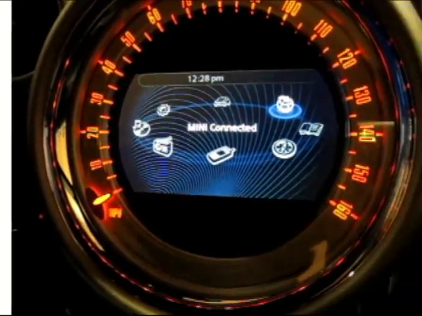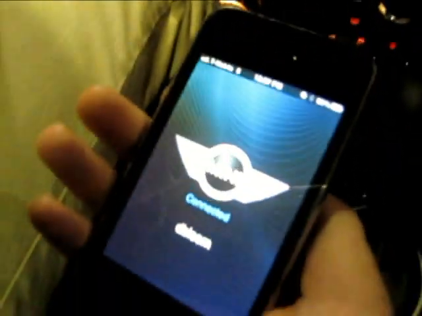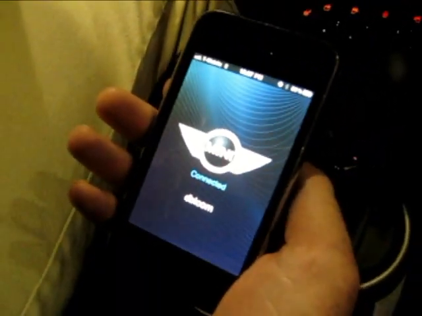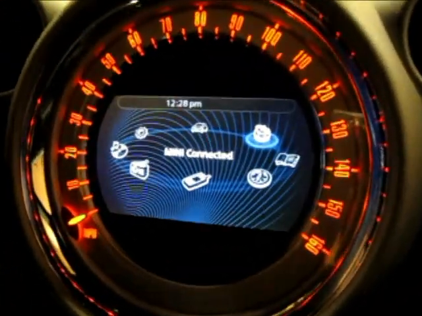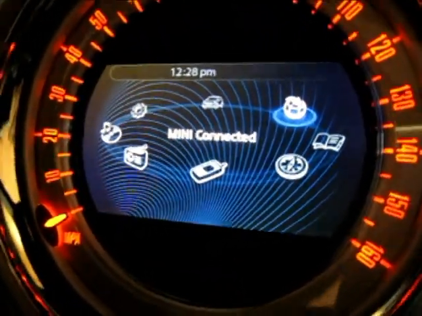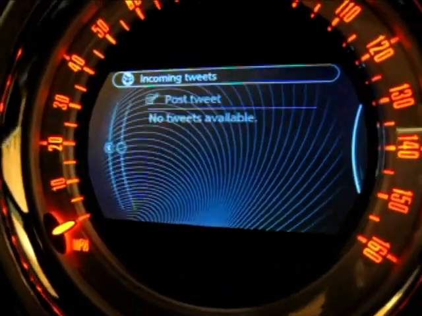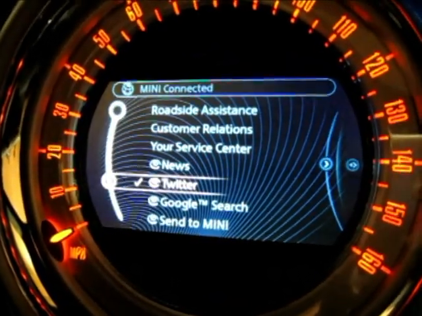So here we're connected to a 2011 Mini Countryman using the Mini Connected application on the iPhone, connected to the vehicle. Now that we're connected, I lock the phone screen and put it away. And now through the user interface and through the car's HMI, when I go to the Mini Connected menu from